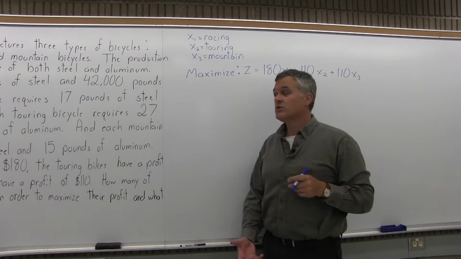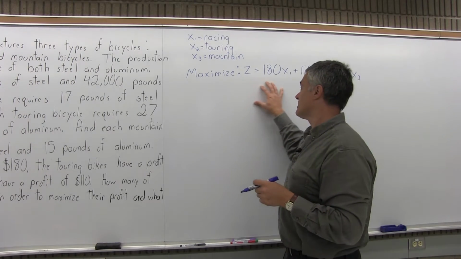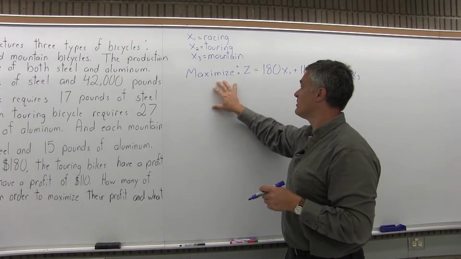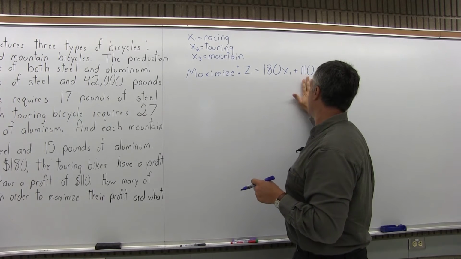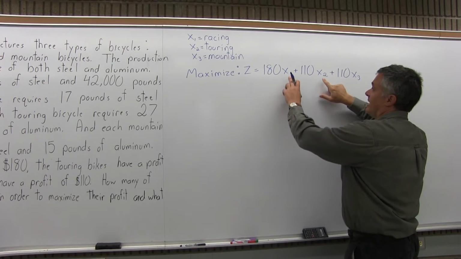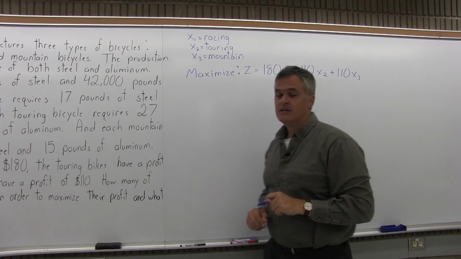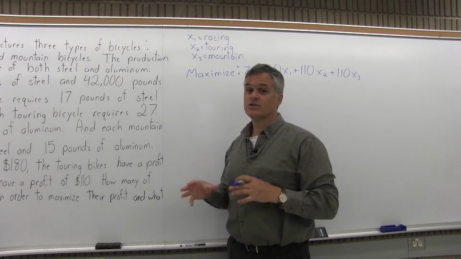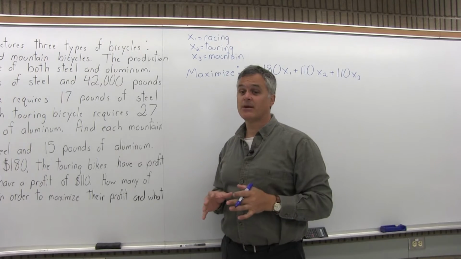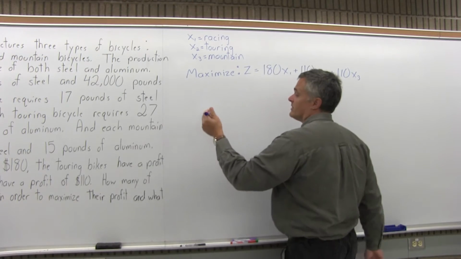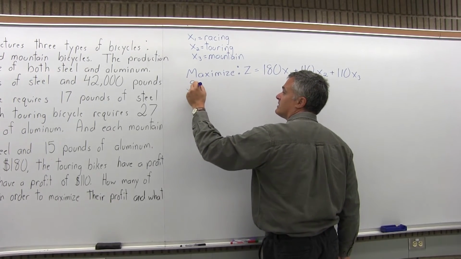So step 2 of the 4-step process is write out the objective function, and here we have the objective function. We want to maximize it. We have the amount of profit for each type of bicycle times the variable that represents each bicycle. Step 3 is set up the constraints. That's where the most work is, to set up the problem. So for the constraints, we're going to write subject to